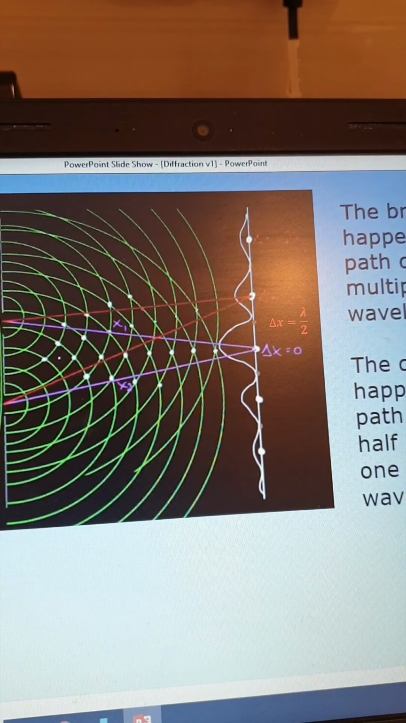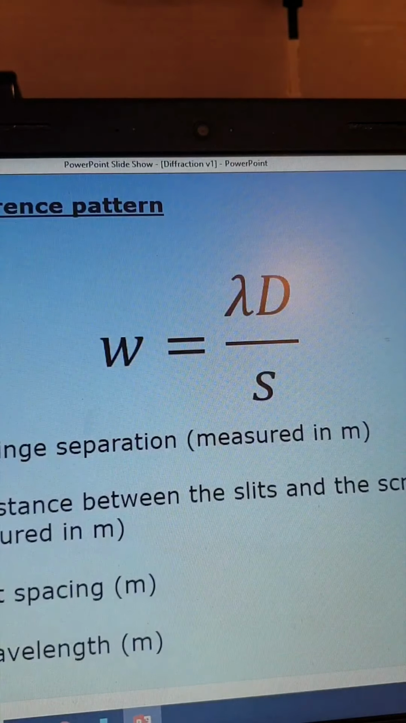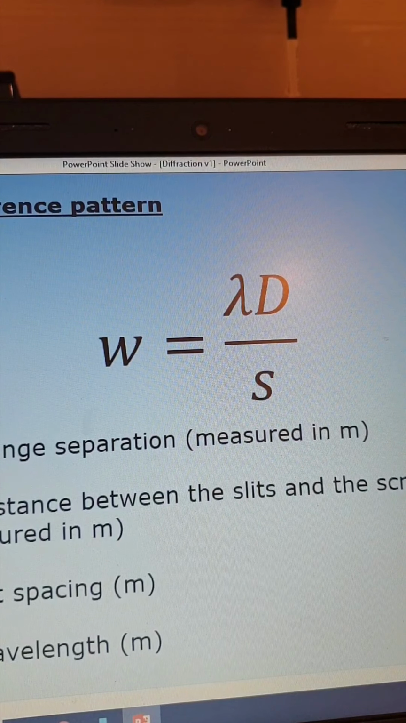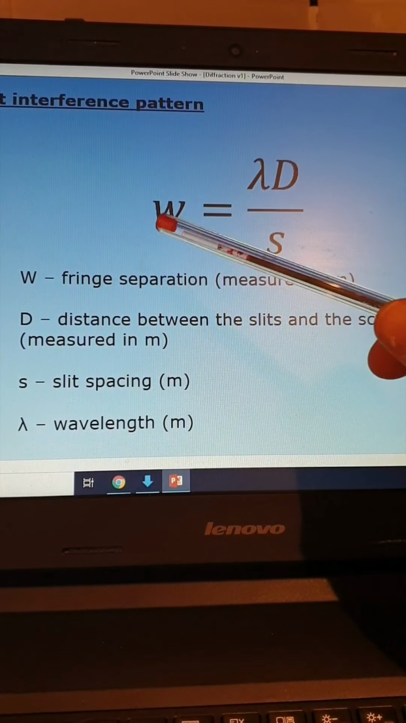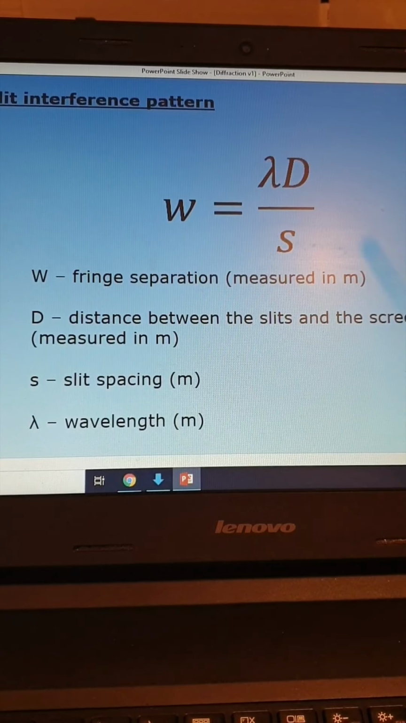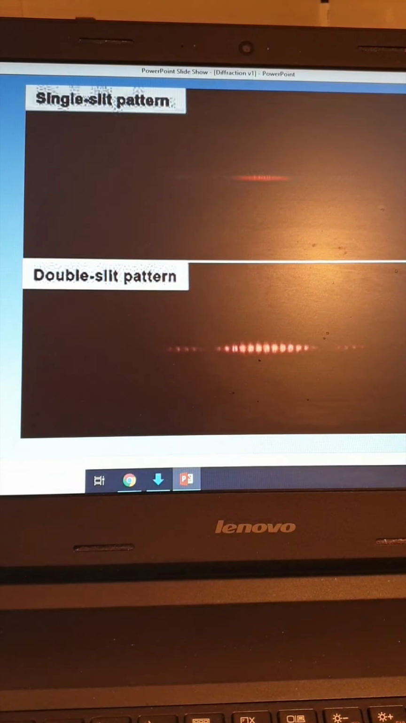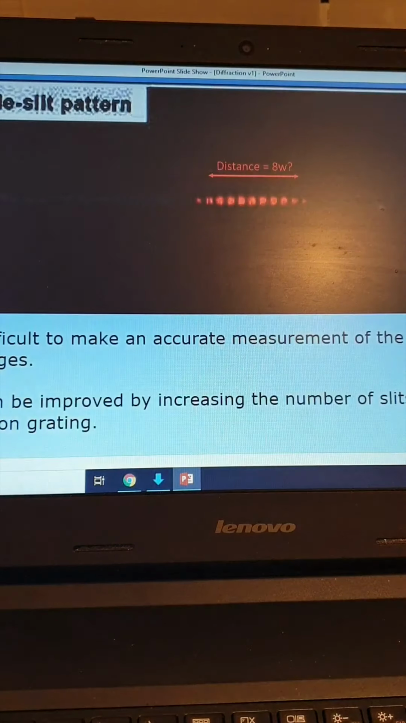And again we have an equation, which tells us that the separation of the fringes, which is W, is equal to wavelength times the distance to the screen divided by the slit spacing, and that equation is given in your equation sheet. And then the third equation that we need to know is the